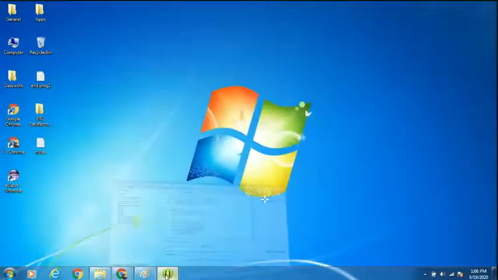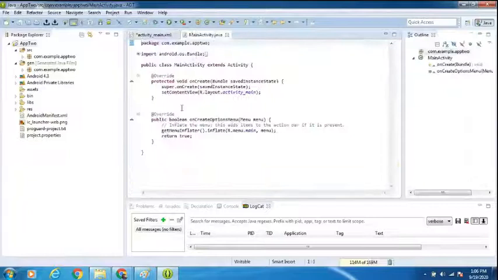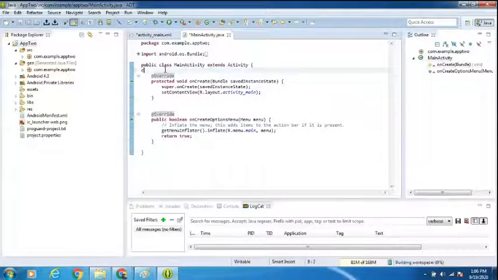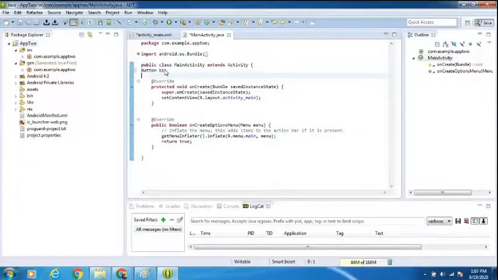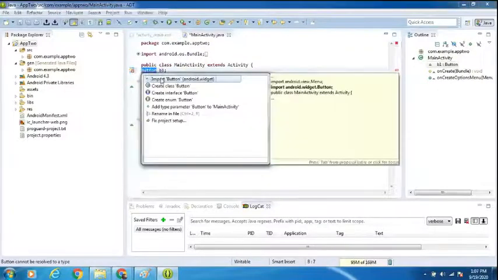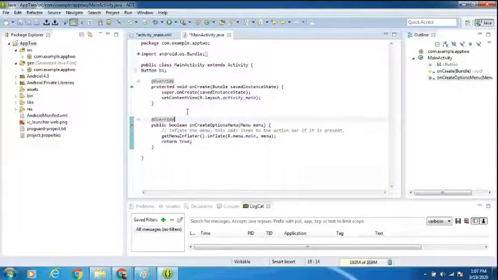Go for our application. I'm declaring button B1. Import button. Then here I'm writing the code here.